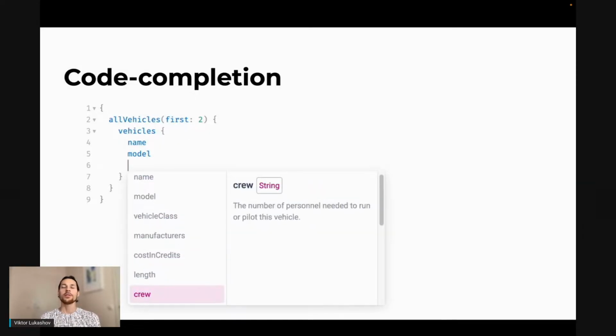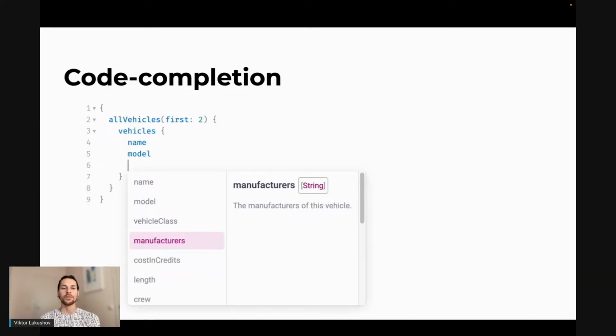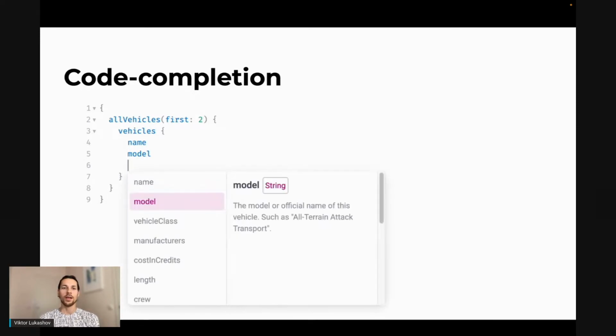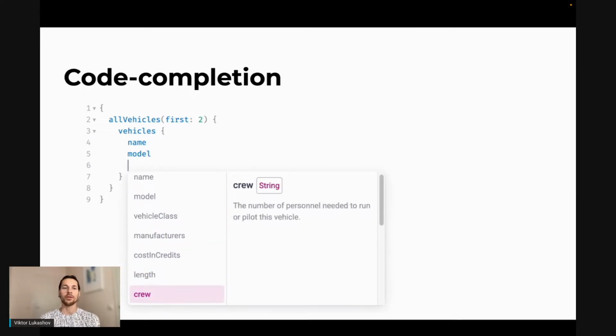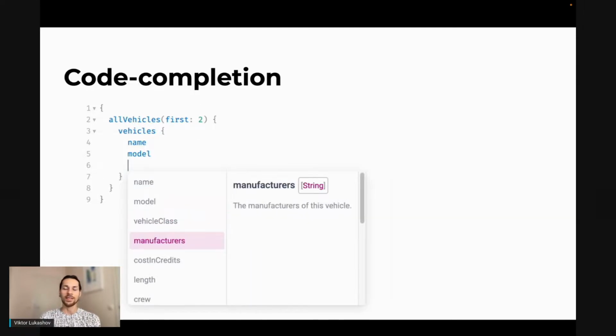Now, since GraphQL is fully typed and you have a schema that describes the structure of your data, you have wonderful support from development tooling. At the time when you author your query, you can get auto-completion, you can get checking that you're not making any typos, you can get documentation at the right time.